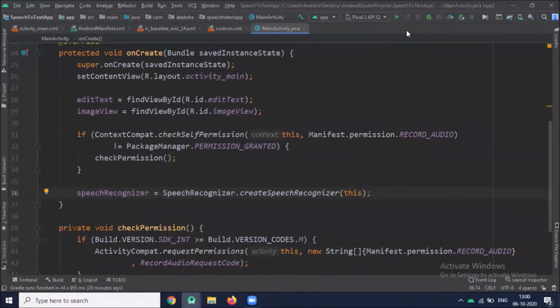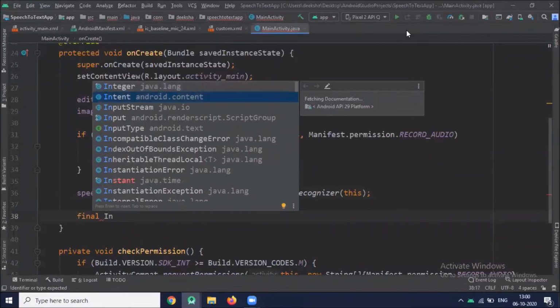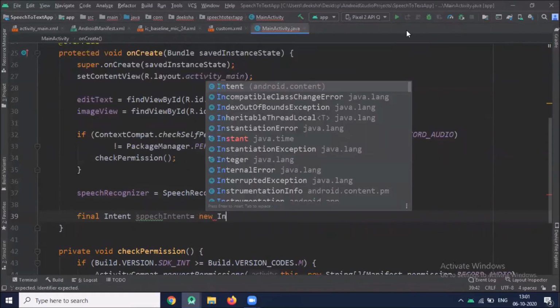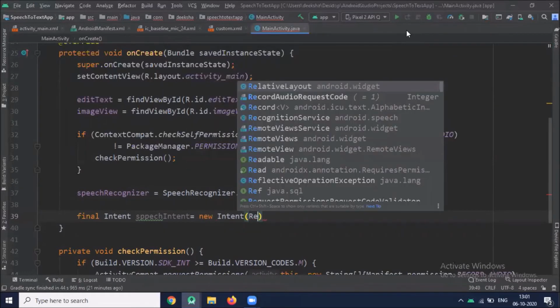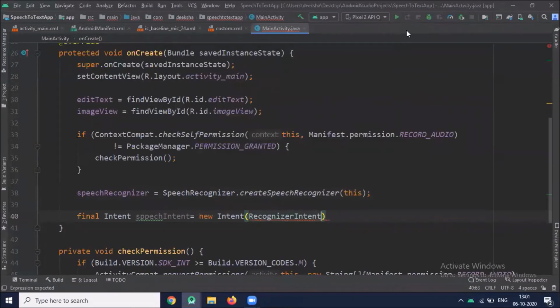Now we create an intent for recognizing the speech. Here we use RecognizerIntent.